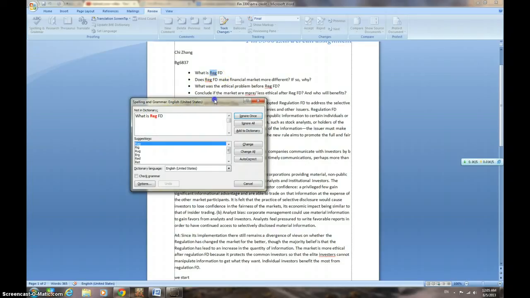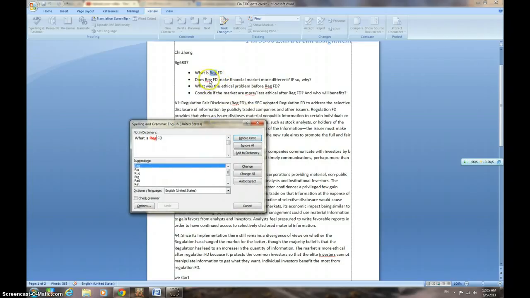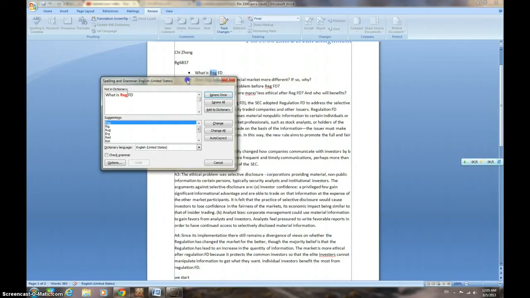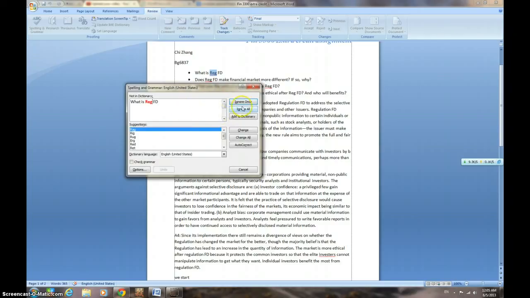And the errors will usually be marked in red. You can see here there are red underlines beneath each of the error words or sentences. But if you think that's not an error or the system made a mistake, just ignore. You can click on ignore once and it'll pop up again. But if you want to ignore it all,